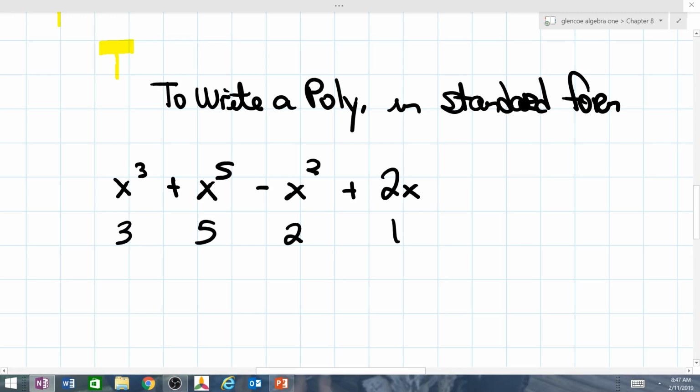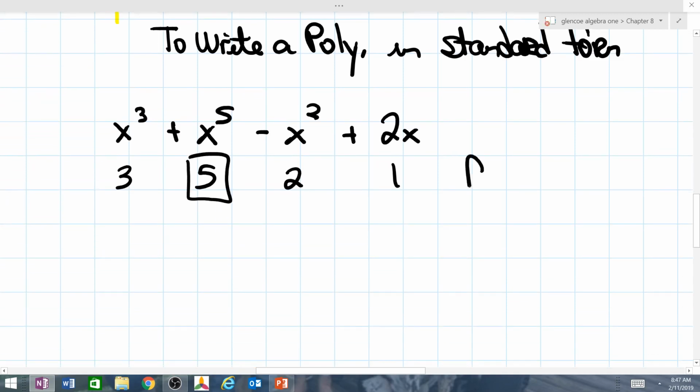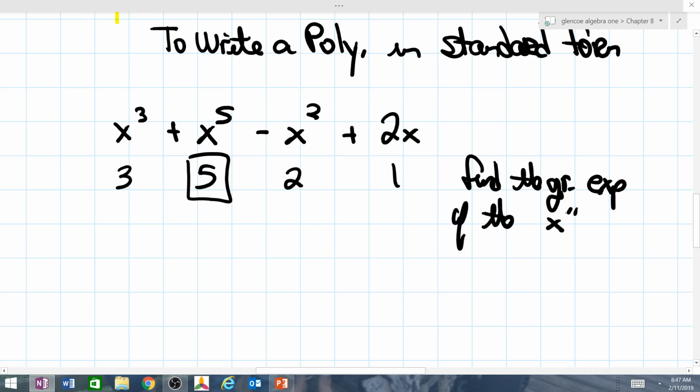Which one's the biggest? Okay. So find the greatest exponent of the x variable. In this case, it's x because this is all we're dealing with. And write